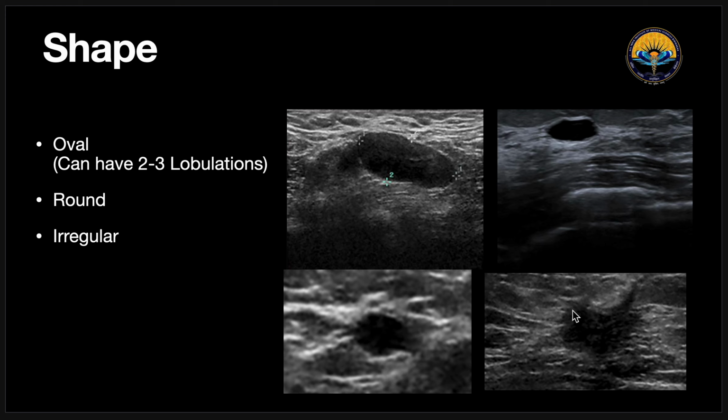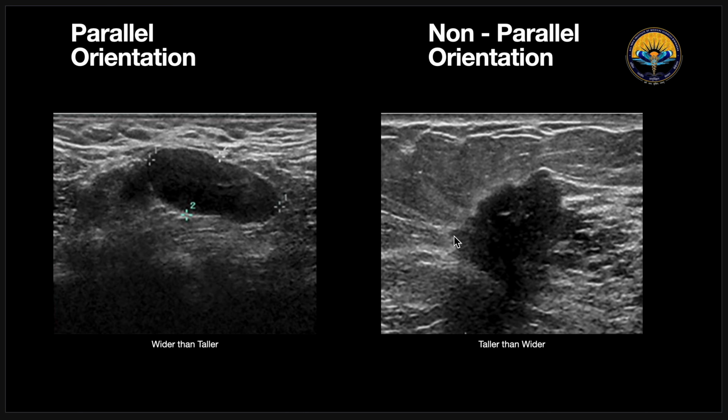Usually, if a lesion has an irregular shape, it goes more in favor of a malignant lesion, whereas rounded or oval usually goes more in favor of a benign lesion. Then we have